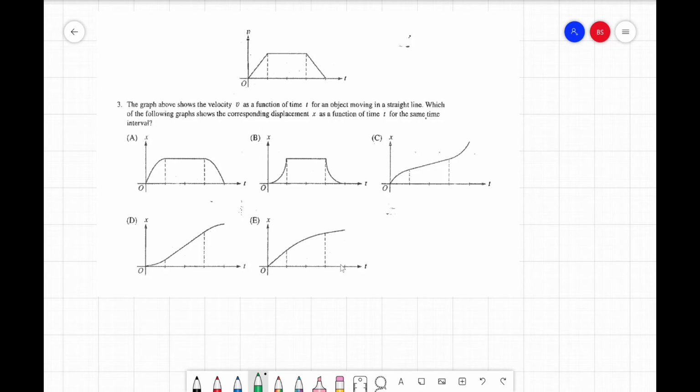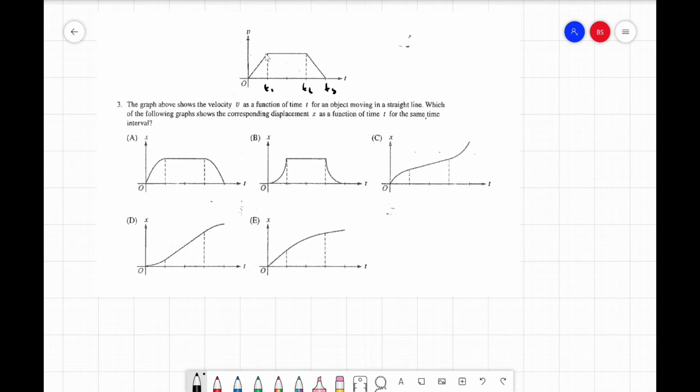Here we have another problem which is similar to the previous problem. We are given a velocity time graph of an object and we need to find the correct displacement time graph. So let us start by analyzing the object. Let us say that the time over here is t1 and the time here is t2 and the time here is t3. So from time equal to 0 to t1, we can see that the velocity of the object